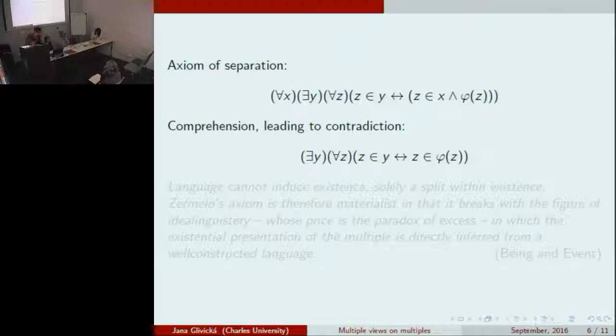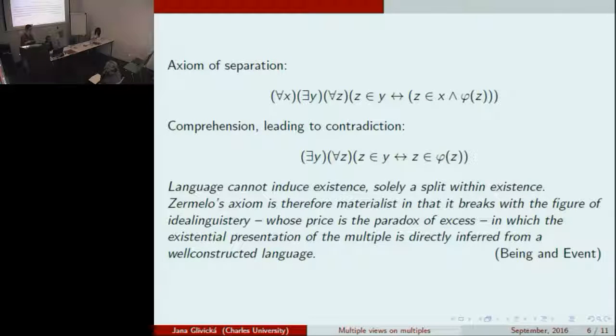And here comes Badiou, and his comment on materialism is a quote from Being and Event. And what does it say? He says that language cannot induce existence, solely a split within an existence. The split I draw by this curly line. Right? And he continues: Zermelo's axiom is therefore materialist in that it breaks with the figure of ideal linguistry, whose price is the paradox of excess, or you can think Russell's paradox, in which the existence